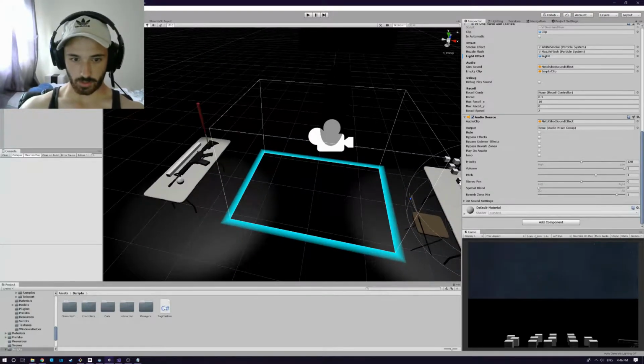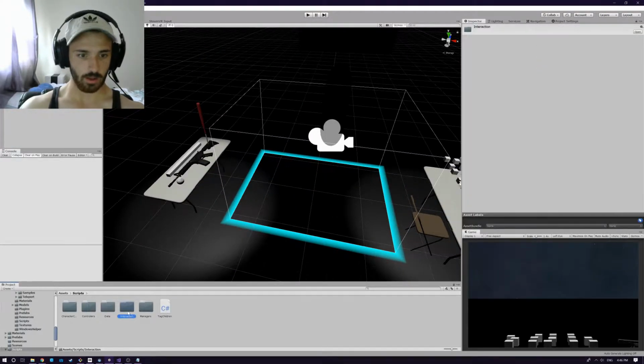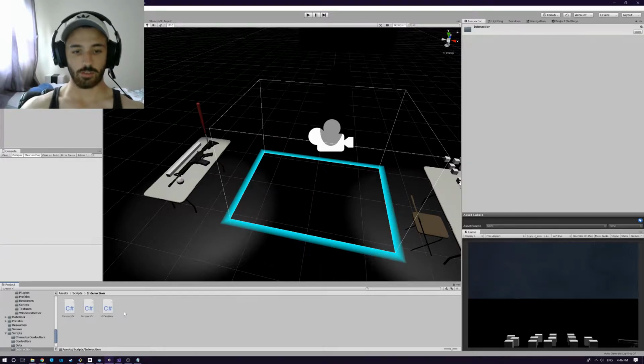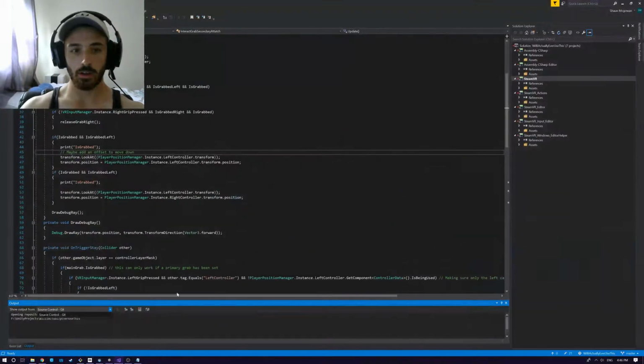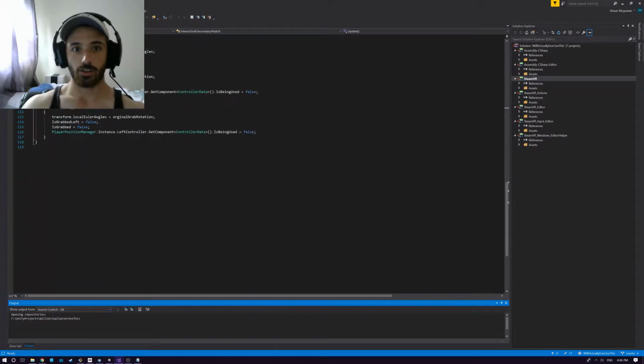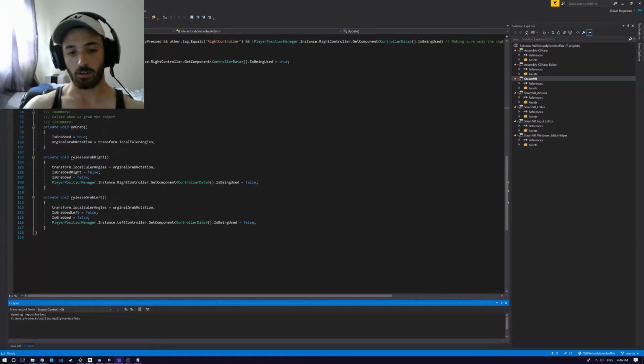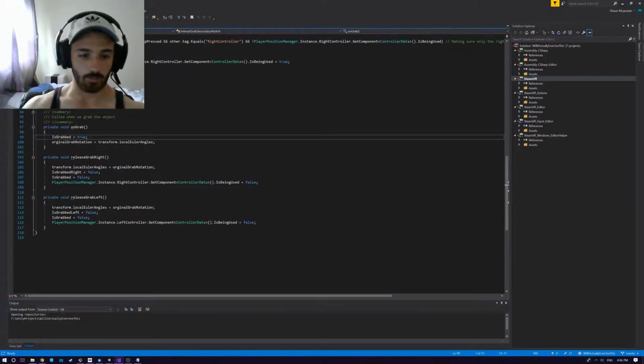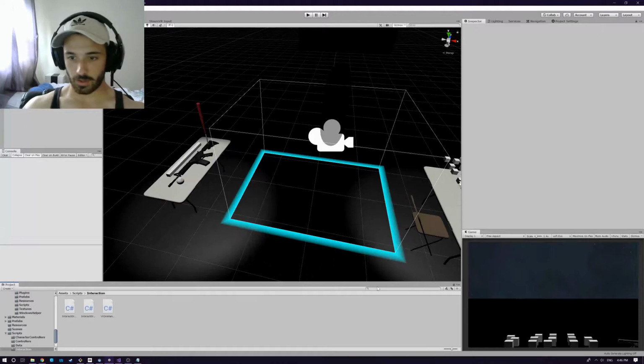So I just wanted to start off by writing a whole system to do everything. My goal, I'll open up some of the code here, is to write all the interactions myself. So when you grab something, two-handed grabs, if you wanted to have climbing, I'll write that myself. I just want to write a VR playground from scratch without using Steam VR's pre-made stuff. I will use their input manager. I'll open that up.